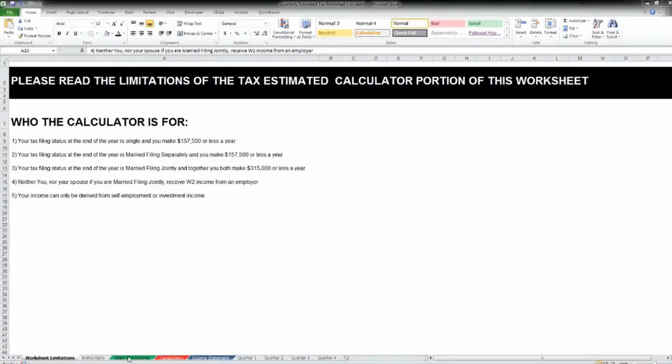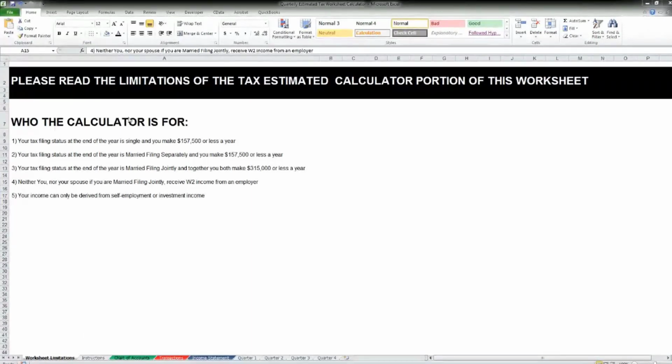So let's say you use QuickBooks Online or a different bookkeeping system that does not track your income and your expenses. You can use this spreadsheet strictly as a calculator. In other words, you don't necessarily have to use it to track your income and your expenses. There is a way you can just input single numbers to help you calculate your income and your estimated taxes. So don't think that you have to use this to actually record your income and your expenses in order for you to be able to calculate your